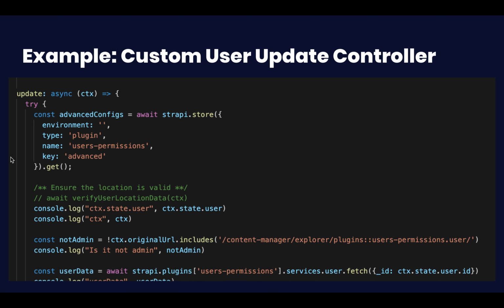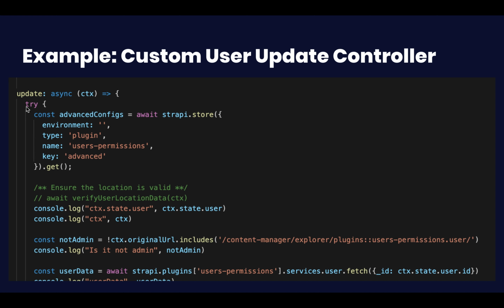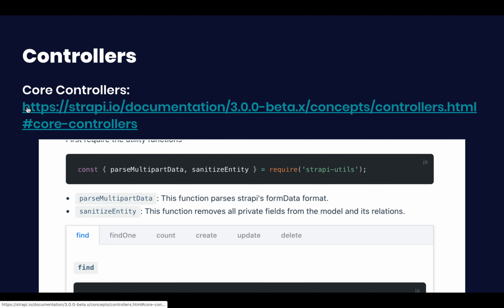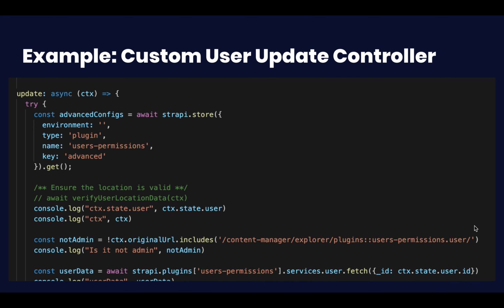But at the end of the day, I'm simply using the extension system to specify a custom functionality that I want. The plugin core methods are still the old ones. That's something that you want to keep in mind. So in this case, you actually saw update, while if I'm not mistaken, the new name will be edit. No, it's still update in the case of update. But for example, down here you see that